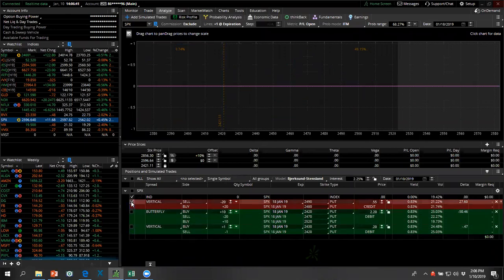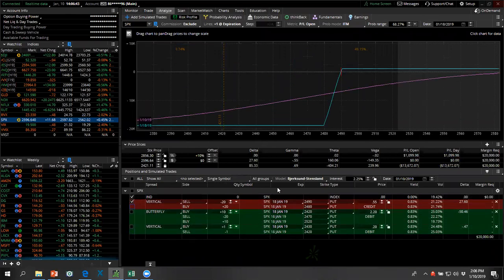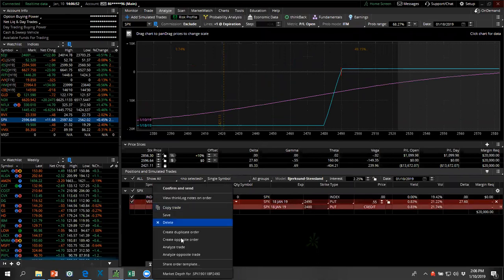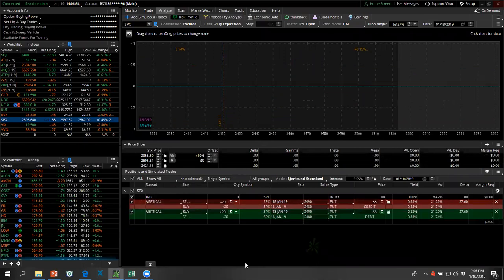So let's go back to where I started. This put credit spread, you need to reduce this risk. What's the simplest and easiest way to do it? I do analyze opposite trade. That's just a debit spread, just like other debit spreads. It happens to be that the strikes perfectly line up and cancel out all the strikes. Essentially, this is removing the trade. That's one way right there, remove the trade. Then you won't have any risk.